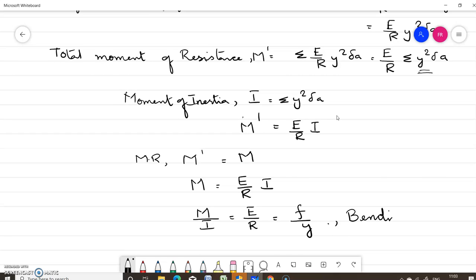M by I equal to F by Y equal to E by R is known as the bending equation, where